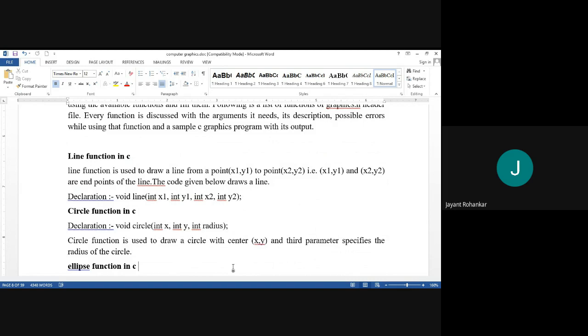So to draw a circle, we all know we have to have a center, and with reference to that center, if we know the radius, we can draw a circle very easily. So with this concept only, the circle function will work and will draw the circle by using graphics. The third parameter specifies the radius of the circle.